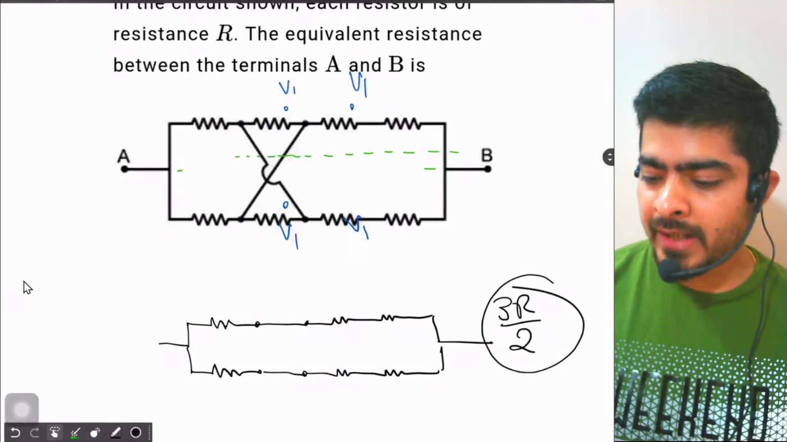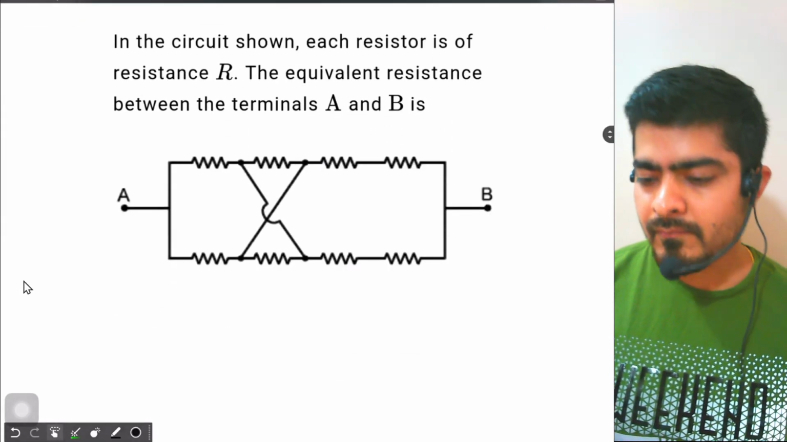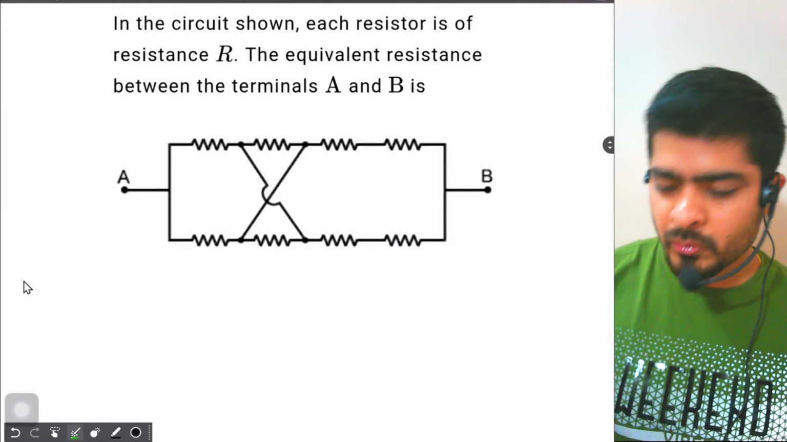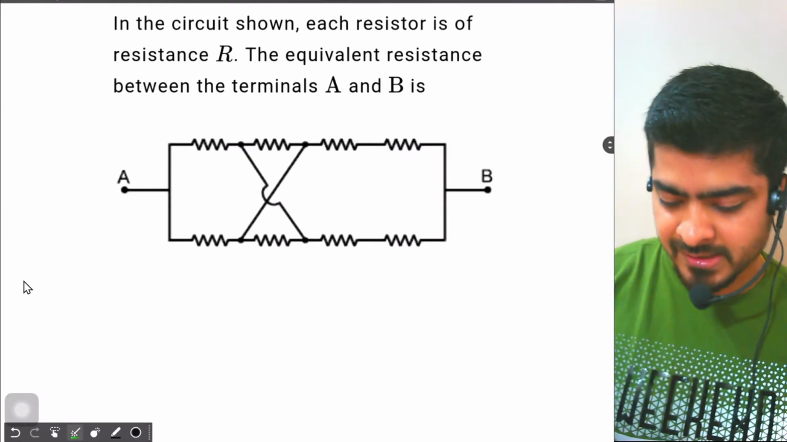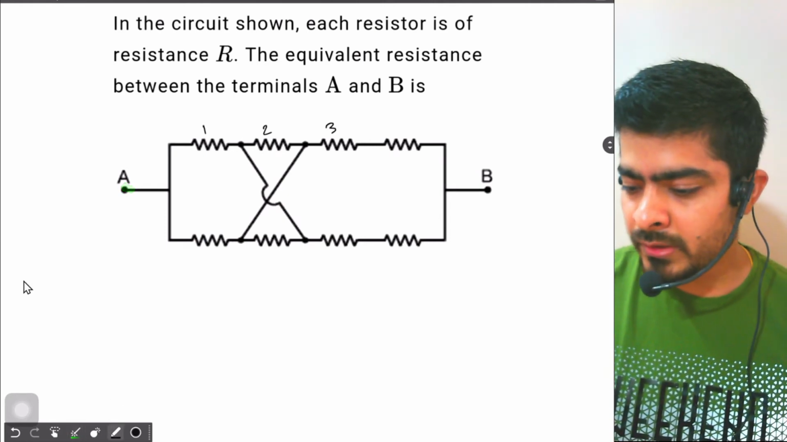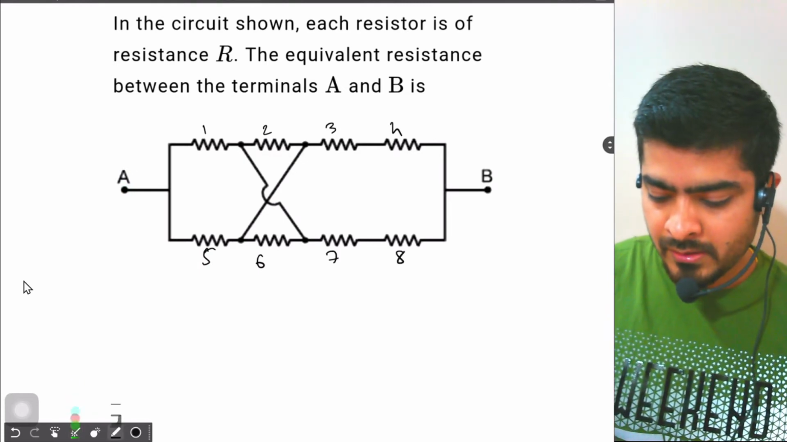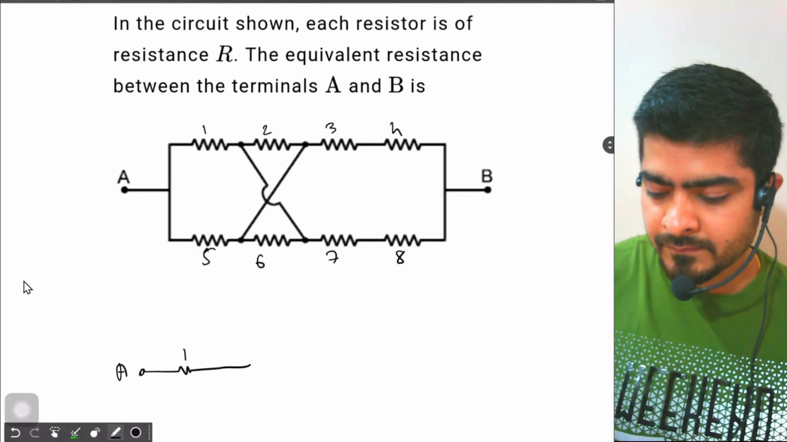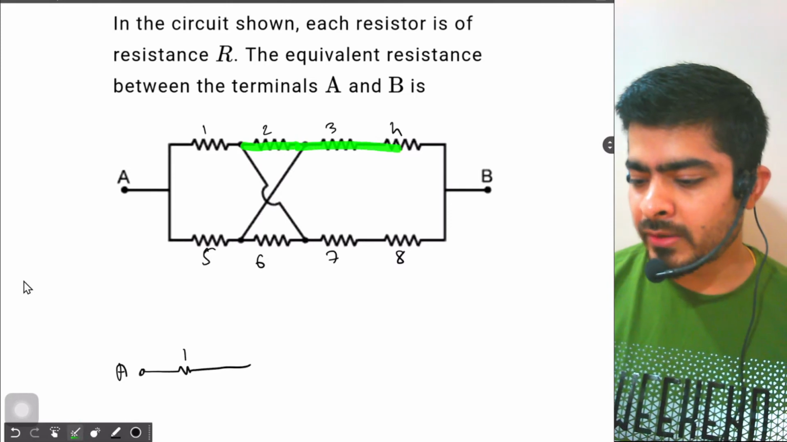Now we will look at another way of solving the same question. Okay, suppose you don't want to apply symmetry, you want to think something else. So all we have to do is redraw the circuit in a manner which we can understand easily. So first we name all the resistors 1 2 3 4 5 6 7 8. I start with point A, go like this. Then I got two branches, one branch going over here 2 3 4,